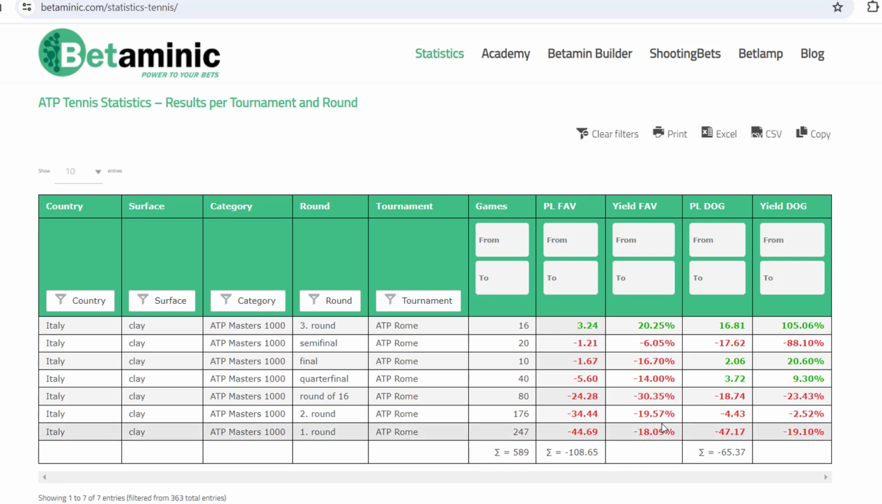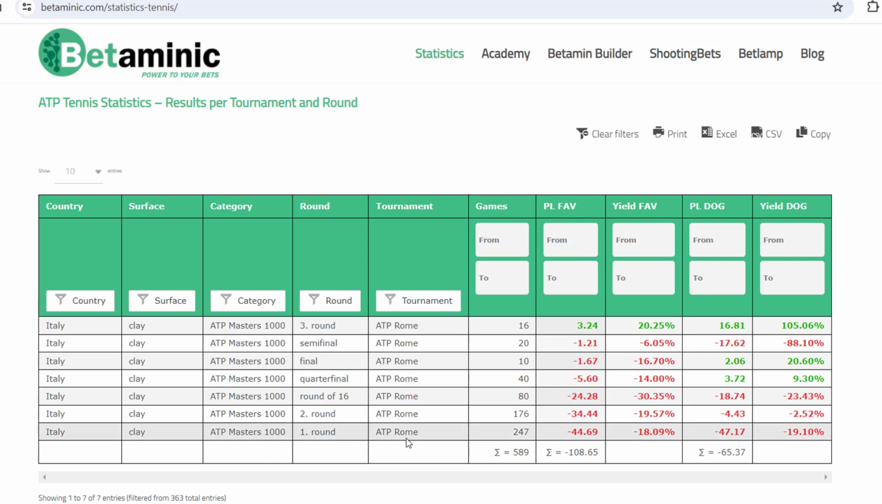But sometimes they get it wrong. And if you can find the places where they're getting it wrong by using big data, then you have a chance to possibly beat the bookmakers at their own game. So what this statistics database shows me is what happens if you back the favorite in every game in a